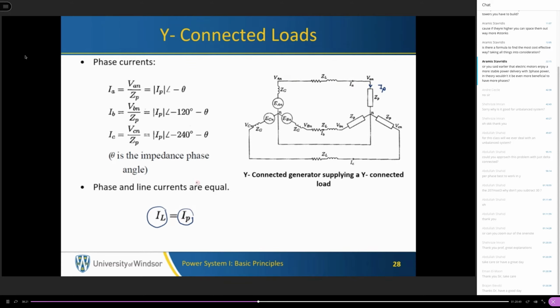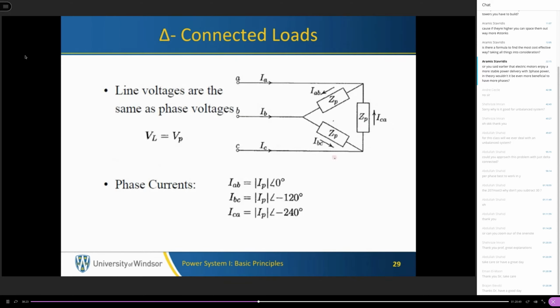This is not the case when the load is delta connected, as you can see here. For delta connected loads, the voltage across the load, which is called the phase voltage, is equal to the line-to-line voltage, the voltage difference between these two lines. But the phase current, the current through the load, is not the same as the line current, because the line current is distributed between two loads. If you apply Kirchhoff's current law here,